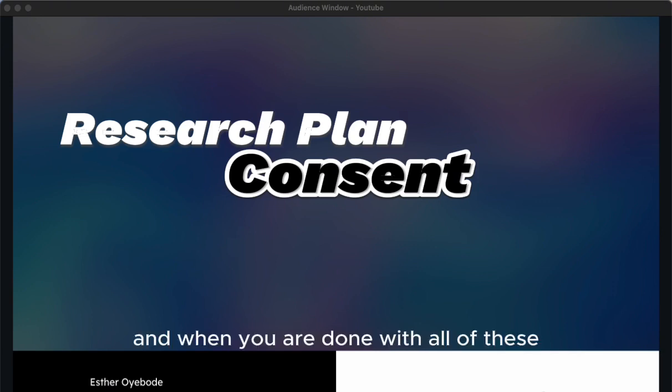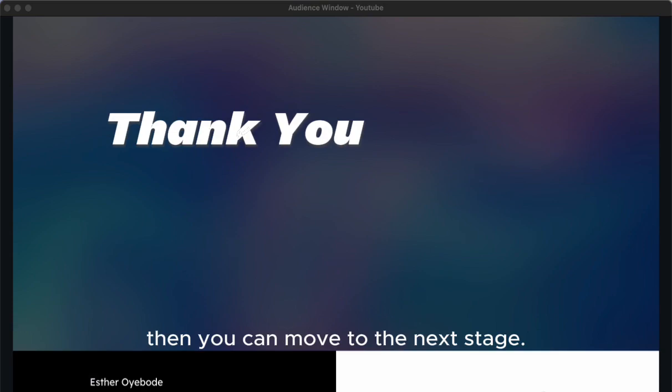And when you are done with all of this, that means that you've been able to create a user research plan. So this first process of carrying out a research is to draw up a user research plan. When you are done drawing up the user research plan, then you can move to the next stage,